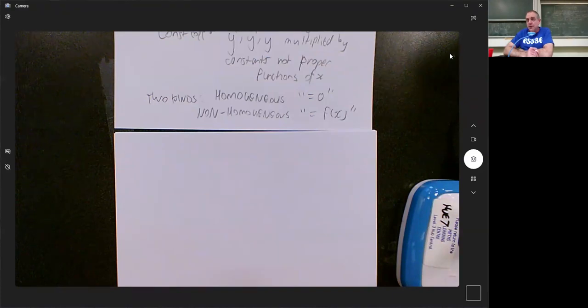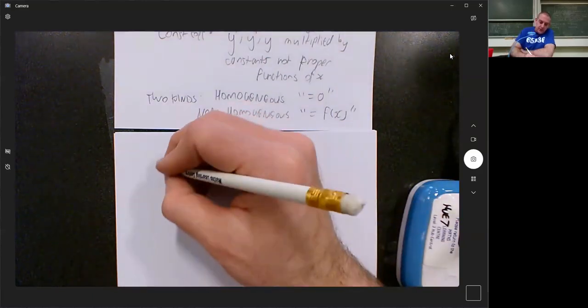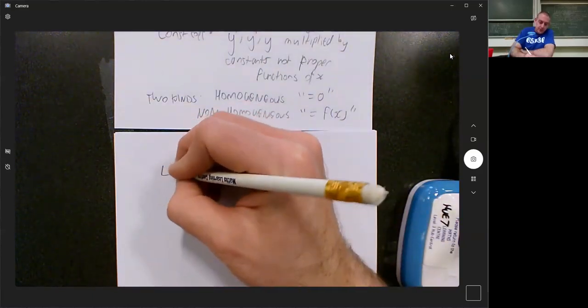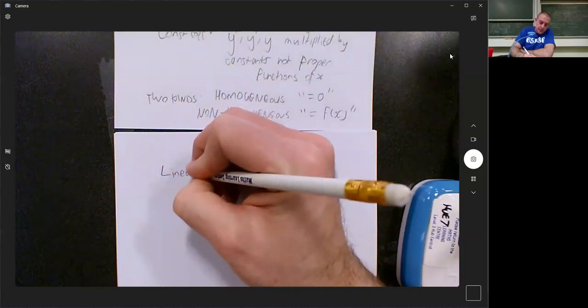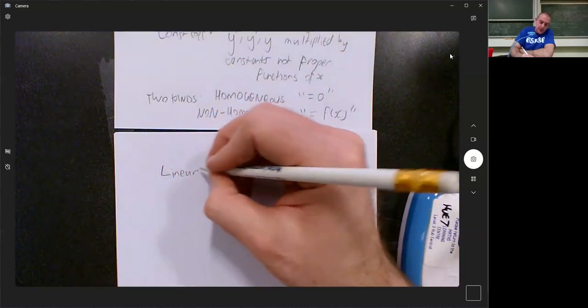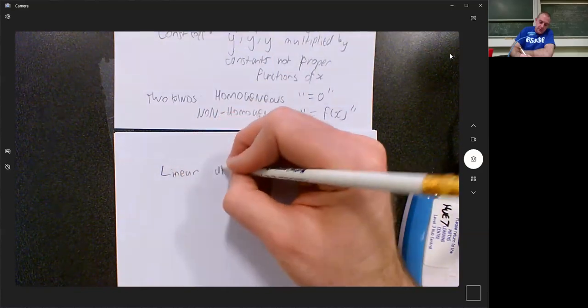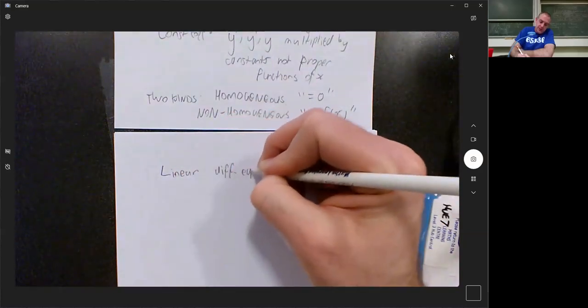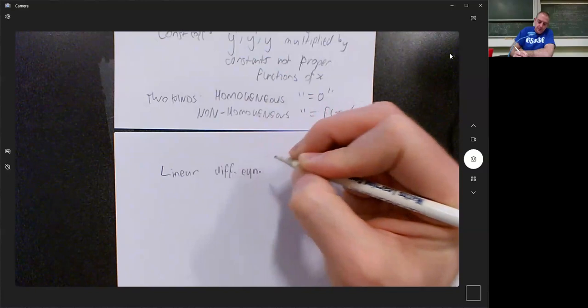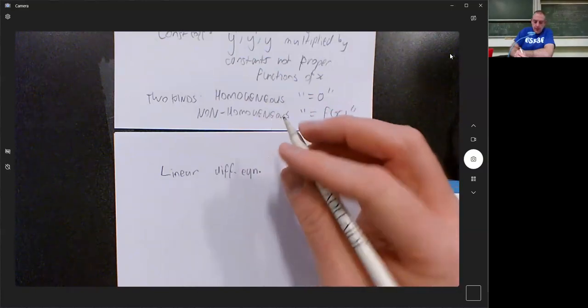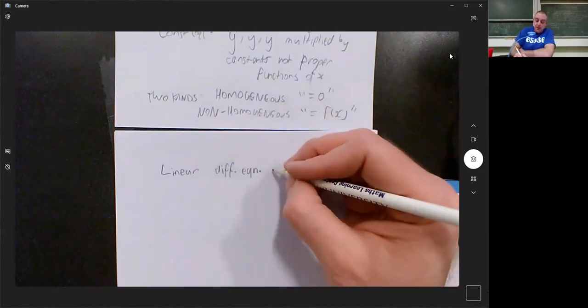Linear differential equations, whether they have constant coefficients or not, have a neat bit of theory that goes with them, and that bit of theory says two things. And so the two things are a linear differential equation that isn't homogeneous,